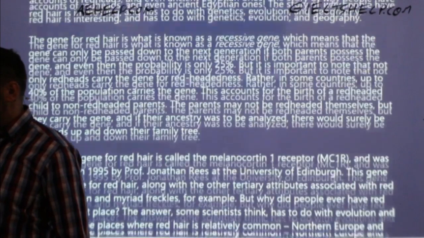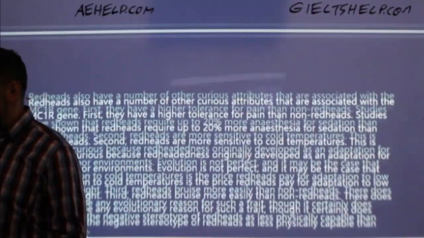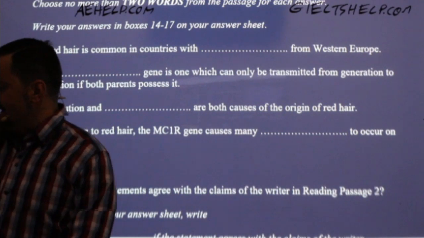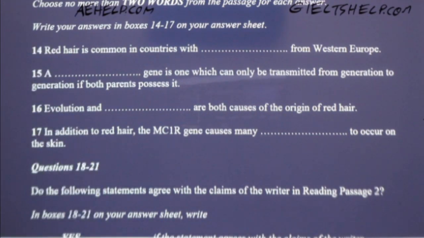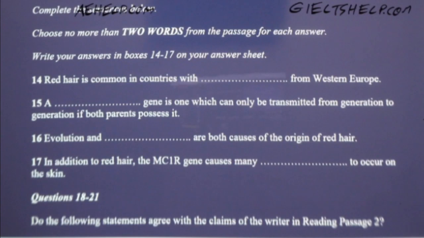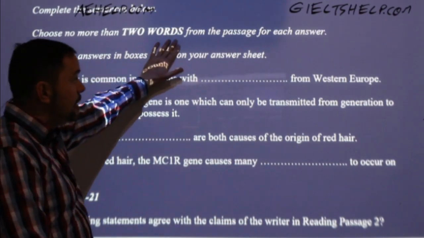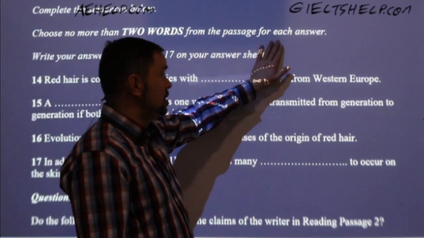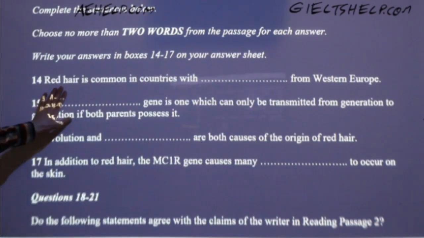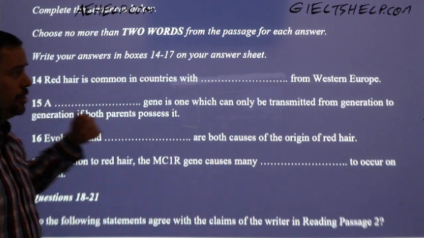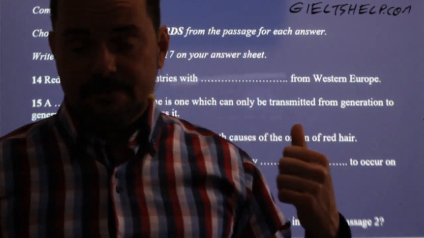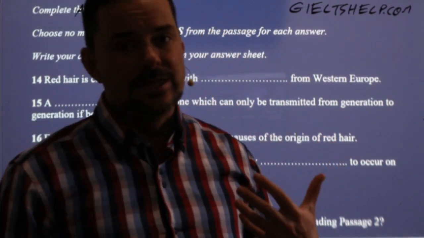Now you look at the questions, okay? So after you read the title, you predict, then you take a peek at the questions, see what's going on there. So here we have some fill in the blanks. And it says, choose no more than 2 words from the passage. So the words should be the same words that you see in the passage for each answer. This question, you should review it before you read the passage because all of this information, all of this content is somewhere in the passage, right?